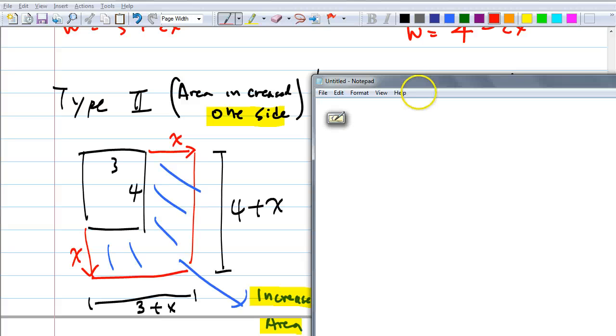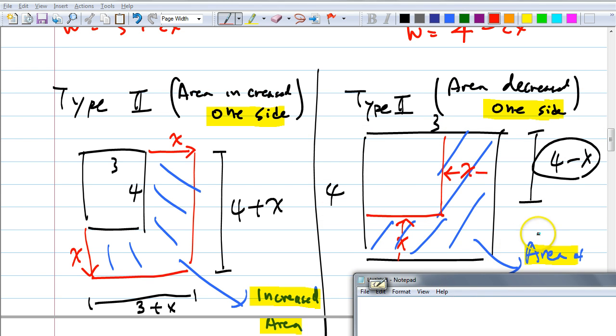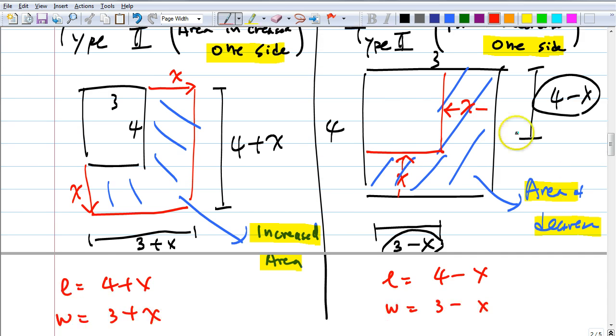Can somebody guess what it might be for decreasing? If I had 3 by 4, and I decrease, what's happening to the length and width? Let's say this whole thing was 3, and this whole thing is 4. If you were to decrease this by x, what's my width going to be? Now it's 3 minus x. What about the new length? It used to be 4, you decrease by x, so it's 4 minus x. Is this idea simple? Does this make sense? On your homework, do you think it's important to understand which type they're talking about? If you think that they're talking about type 1 when they're really talking about type 2,